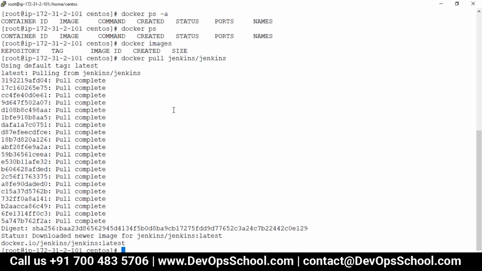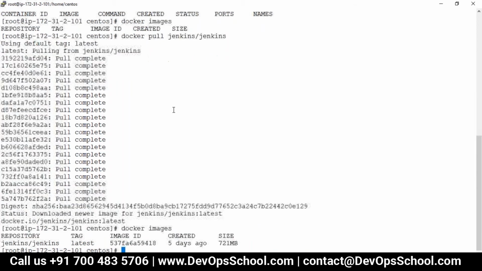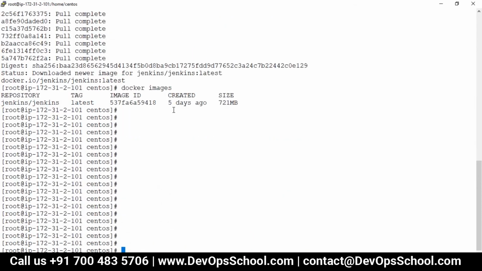Done, guys. Now I got the image. The repository is named jenkins, tagged latest. Every image has a unique ID, created 5 days ago, and this is the size. So I got the image.